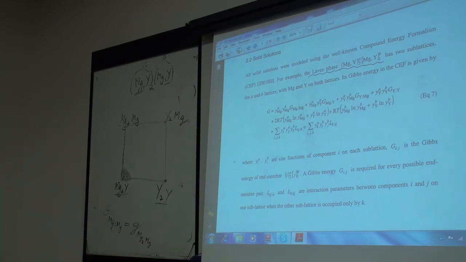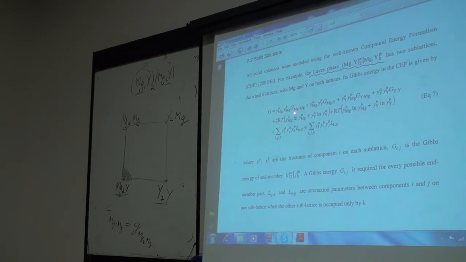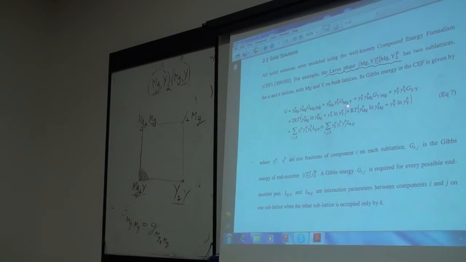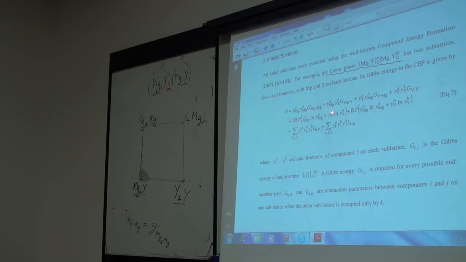So this is exactly the equation we used before. This is the sublattice equation. Y Mg on the A site, this is one end member. The product of the site fractions for this end member, the product of the site fractions for this end member, and so on, plus the ideal mixing term, a 2 here because you've got 2 moles here, times the mixing of the magnesium and yttrium on this site, plus the mixing of magnesium and yttrium on this site,